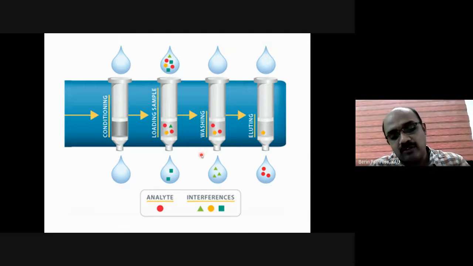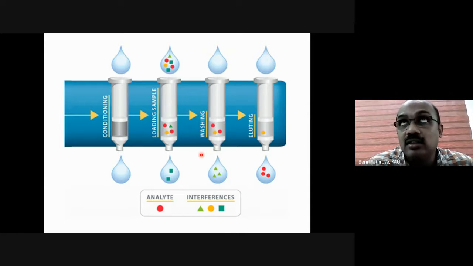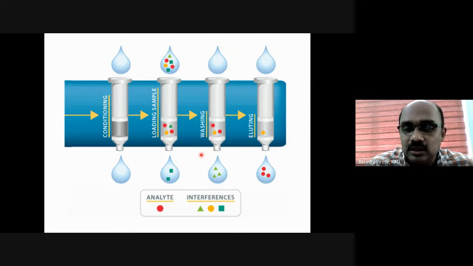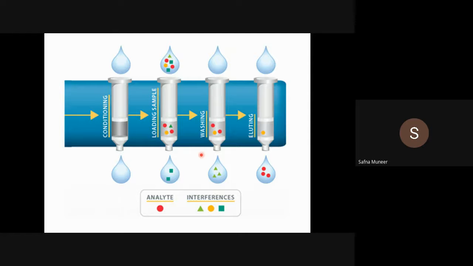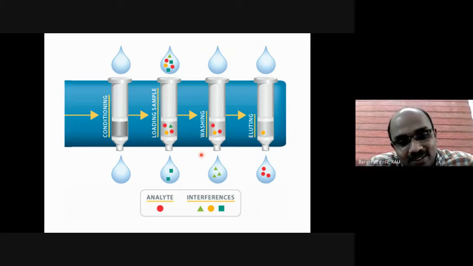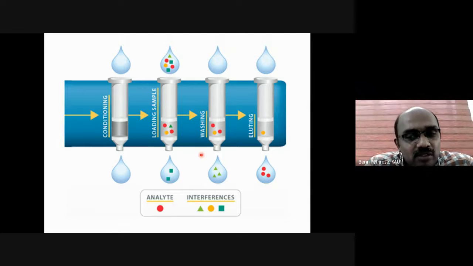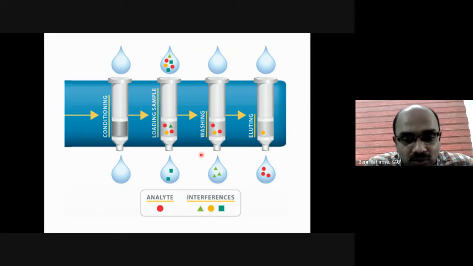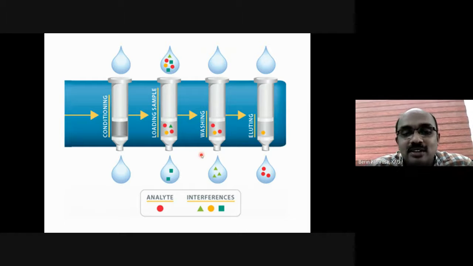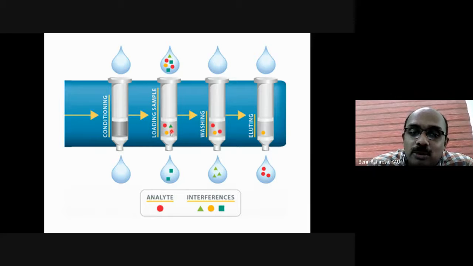Actually, this is chromatography. Do you know the exact meaning of chromatography? Chromato means color. Yes, that is the etymology. Chromatography is nothing but separation of compounds. So here also the compounds get separated. You can see the different shapes. Different shapes indicate different compounds.